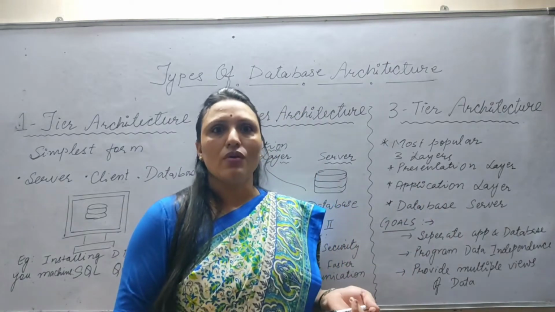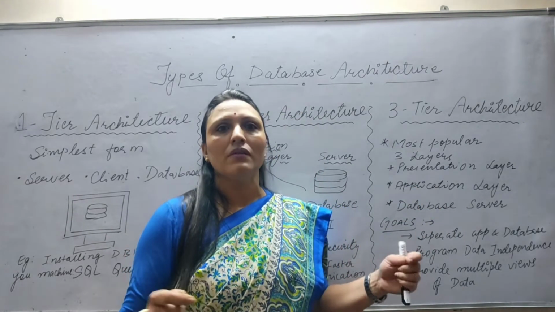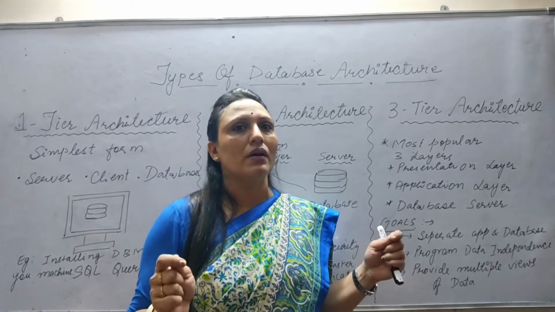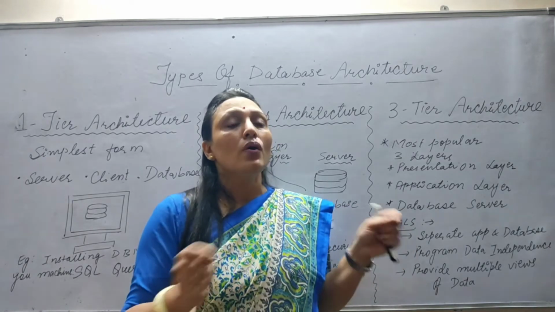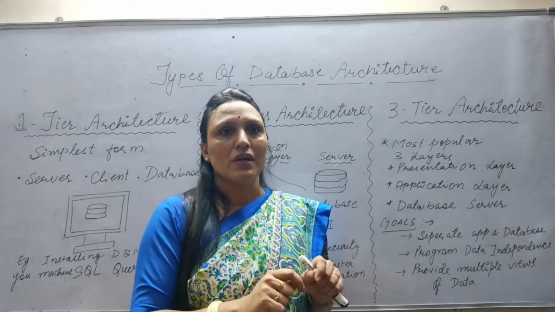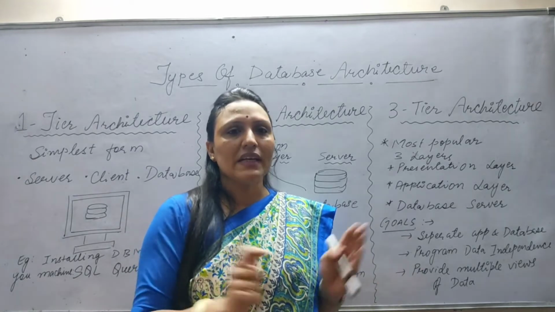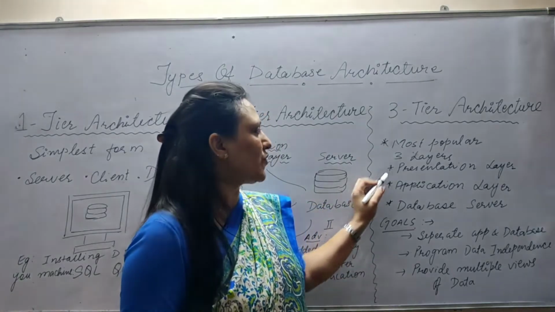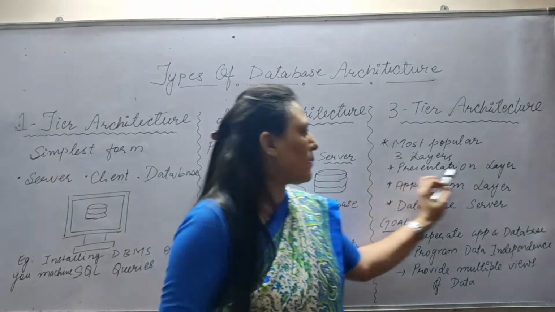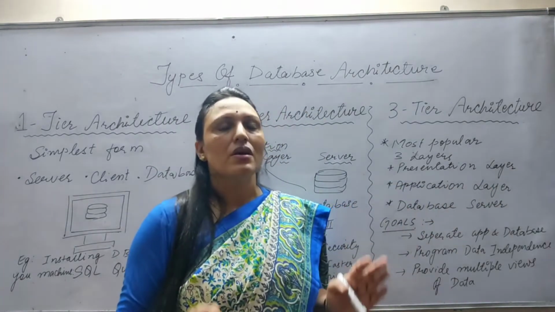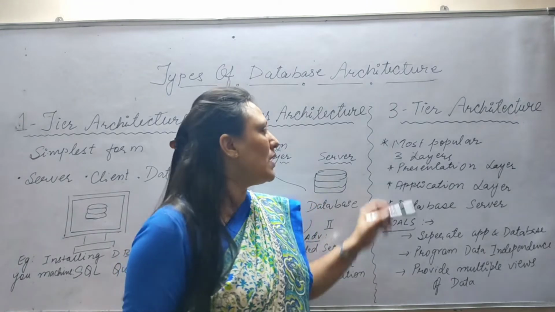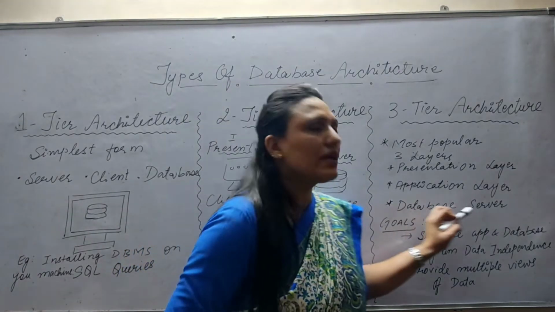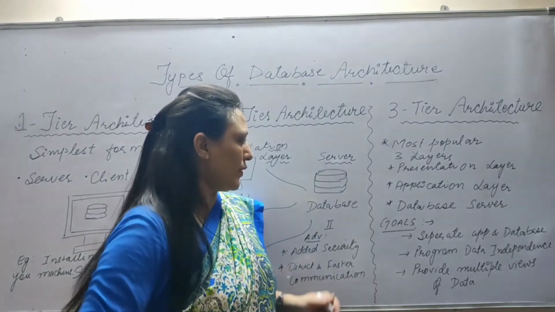It happens in general also. If we have two persons speaking different languages, then what do we need? We need a third person in between who will be an intermediator, who will let them communicate, let them know about each other. So this kind of thing is here also. This application layer is the interface, or an intermediary, between the presentation layer and the database server, right?